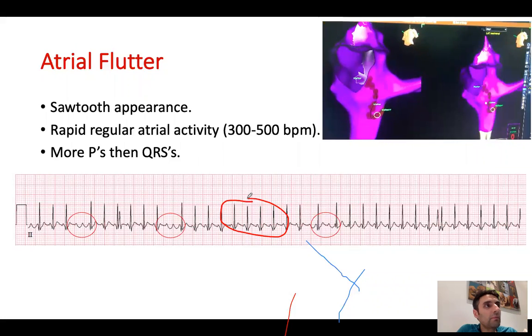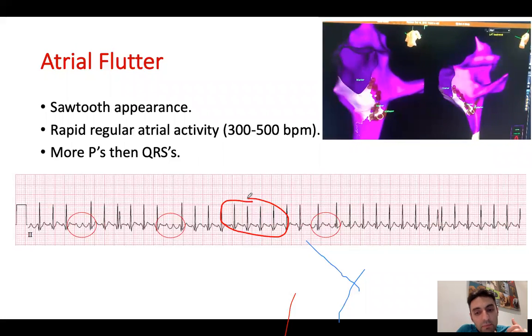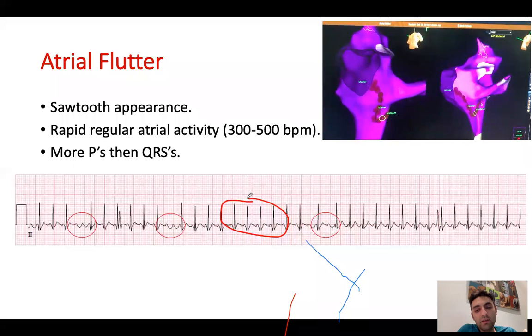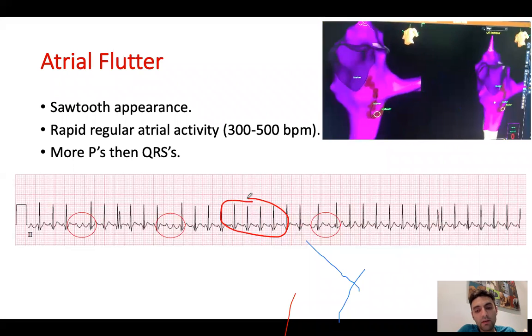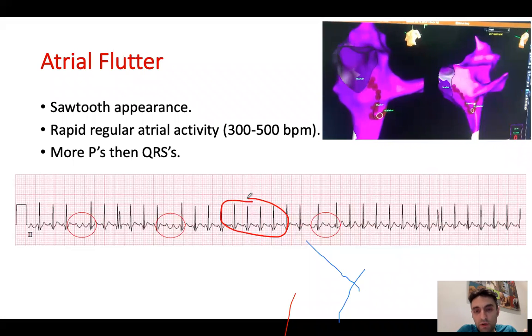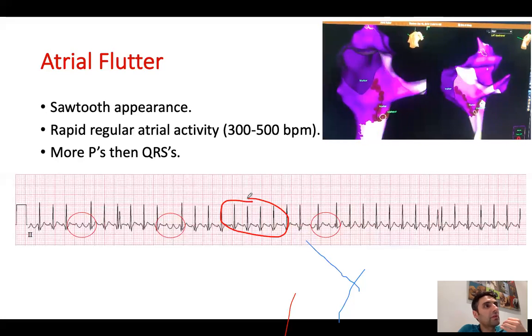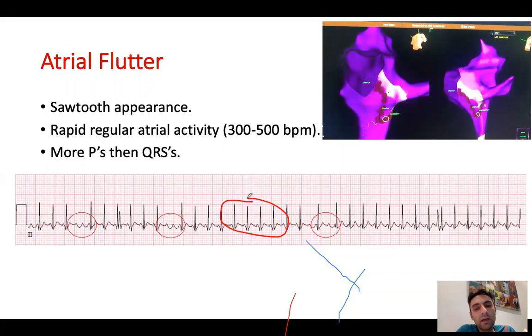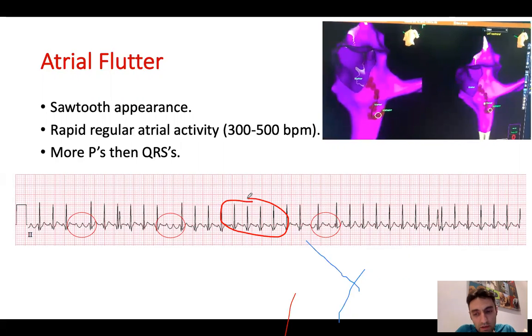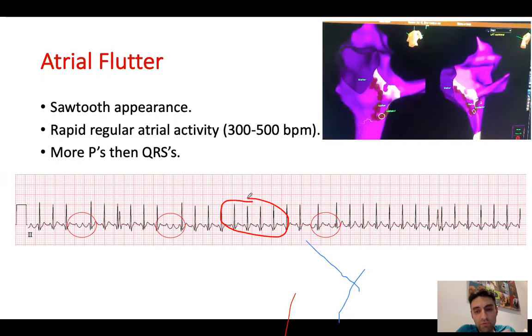Because if you tell me we gave adenosine and nothing happened, it could mean there were flutter waves that people just did not recognize, and then the tachycardia went back to 2-to-1, okay? So print the ECG during adenosine, there is usually something that changes during adenosine, and it's usually very helpful for